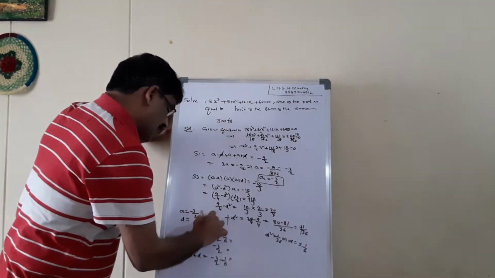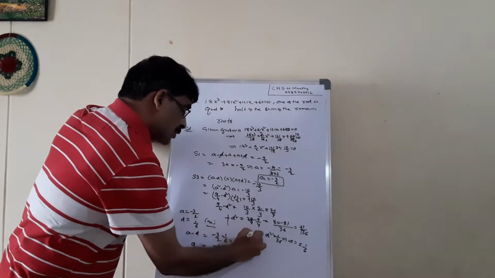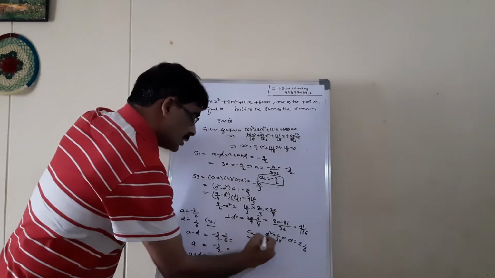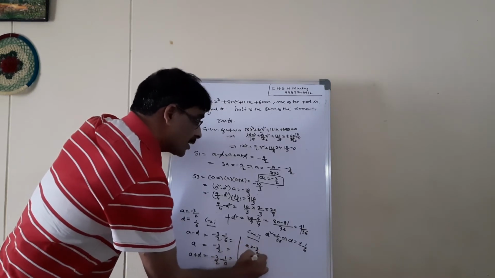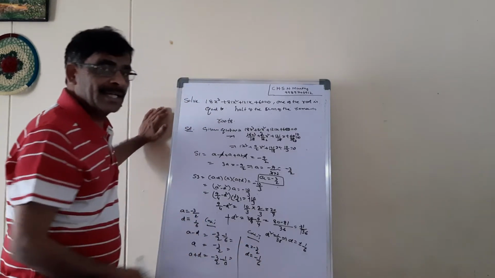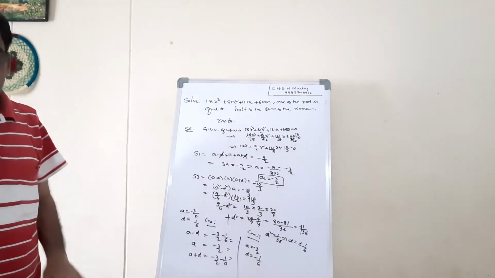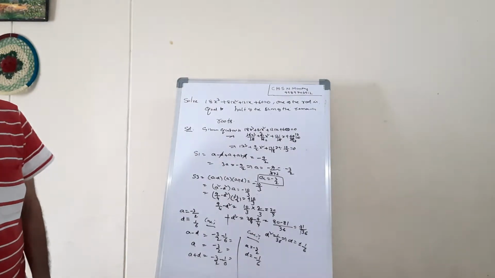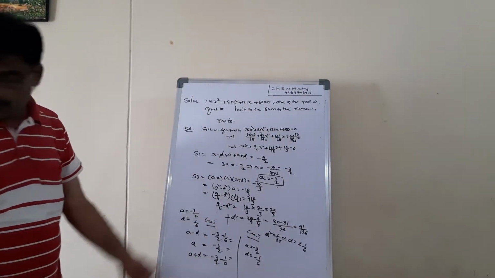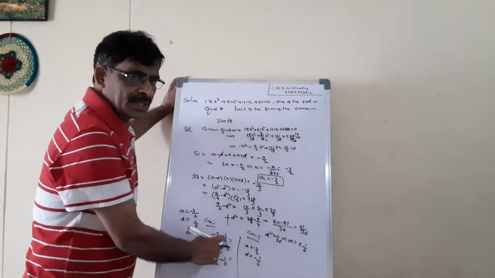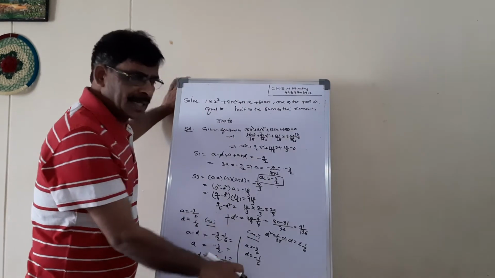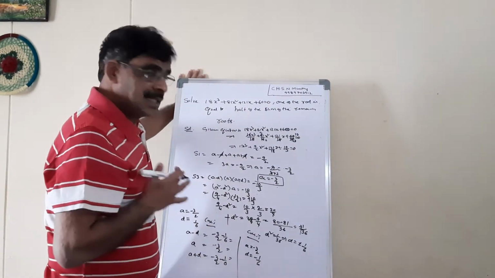So this is, let it be case 1. If you take case 2, A equal to minus 3 by 2, D equal to minus 1 by 6, you will get the same answer in reverse order. We can simplify this one. You take the LCM of 6, the 6 is the LCM. You can simplify that one. So you will get the answer.